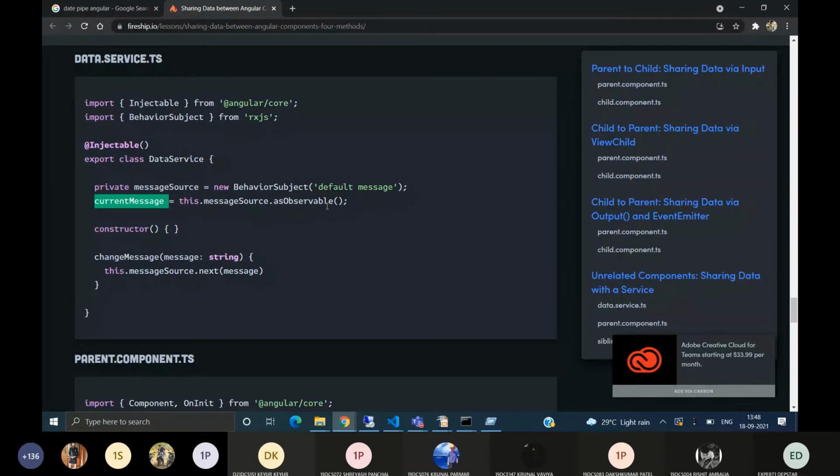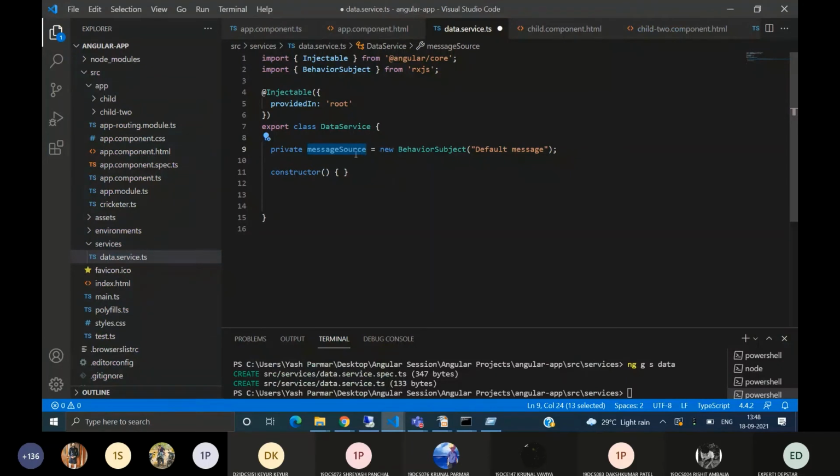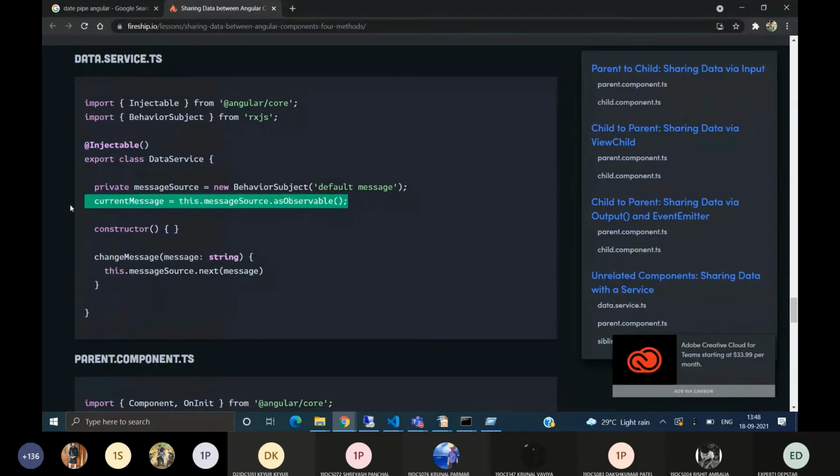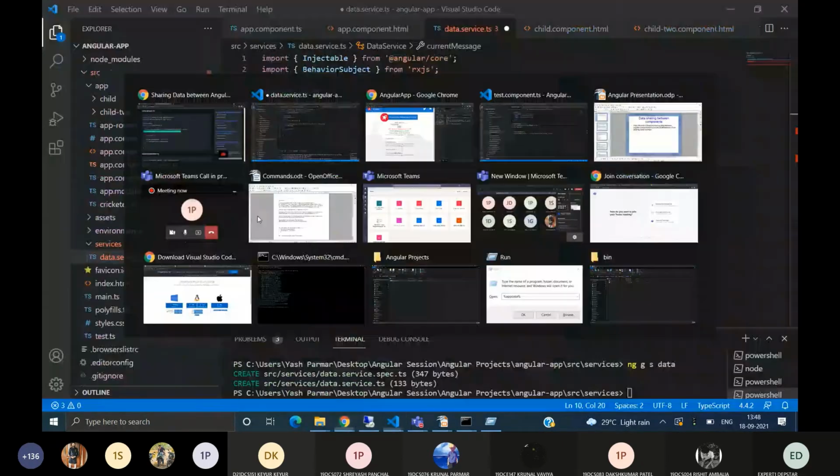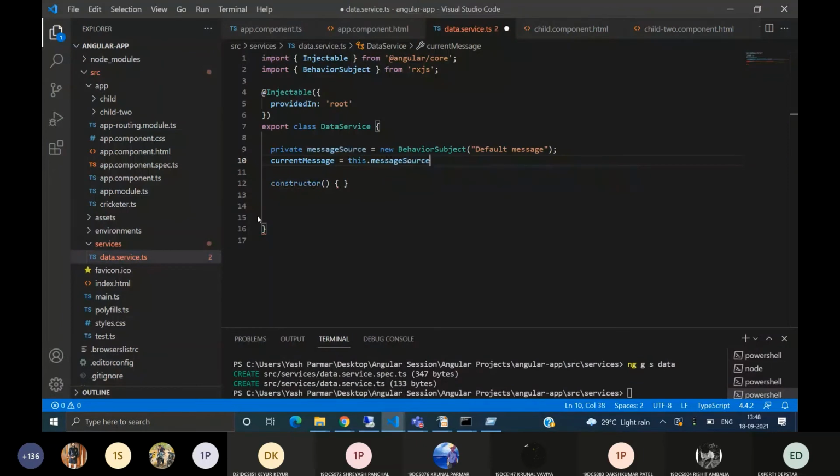Now what is an observable? In Angular, an observable is an object that expects something from the object that it is observing. Like here, currentMessage equals this.messageSource.asObservable().